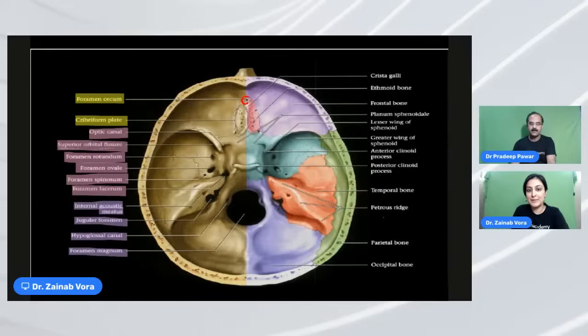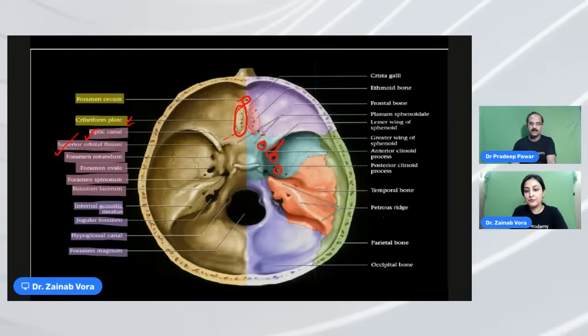So this is the foramen cecum anteriorly. We have the cribriform plate that we have learned. So for the anterior skull base, these are the two foramina we need to know. After the lesser wing of sphenoid, we have the optic canal, which is lying medially. We have this fissure, which is the superior orbital fissure. And then you remember